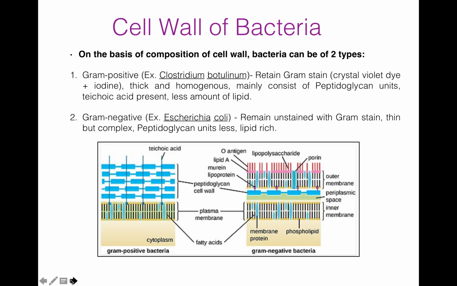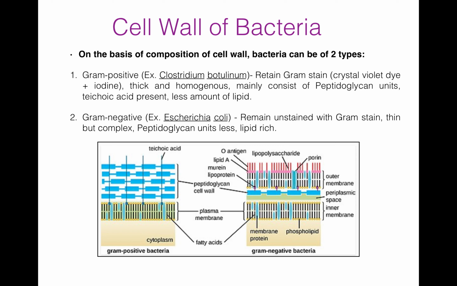Now we will study the cell wall of bacteria. The prokaryotes have a characteristic cell wall. It is granular, tough and rigid. The main chemical constituent of the prokaryotic cell wall is peptidoglycan, which is also known as mucopolypeptide or murein. It is a characteristic feature of the prokaryotic cell wall. Peptidoglycan consists of N-acetylglucosamine, N-acetylmuramic acid, and a peptide chain of 4 to 5 amino acids.